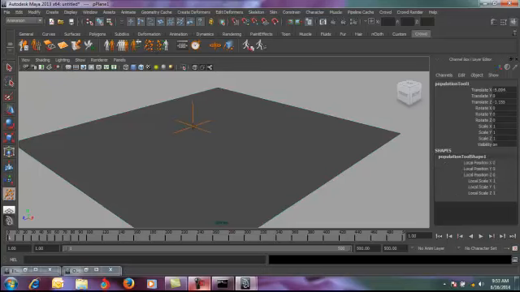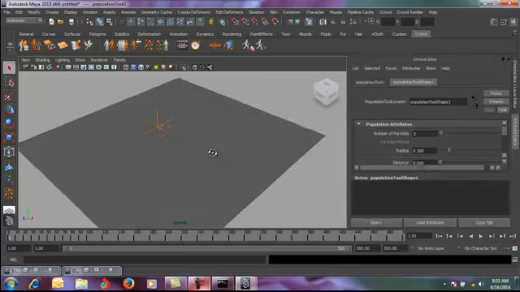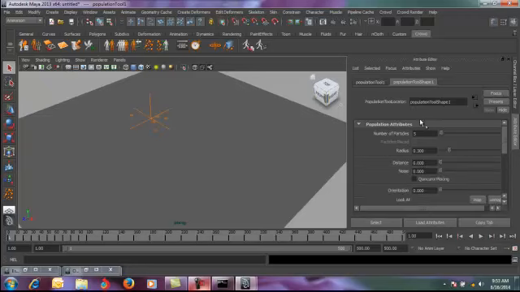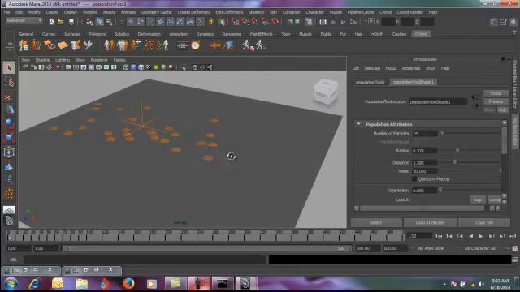I'll click and drag wherever I want to place my Golaem crowd, and if I open my attribute editor, I've got a slew of attributes here. As you can see, number of particles is 5. I'm going to just bring this up. I can take this up to any number I want. This is the radius of the display which you see. Distance is how much distance you want them to spread out. You can give them a noise value so that they don't look very arranged. So that's what we have. We've just spread out my crowd here.